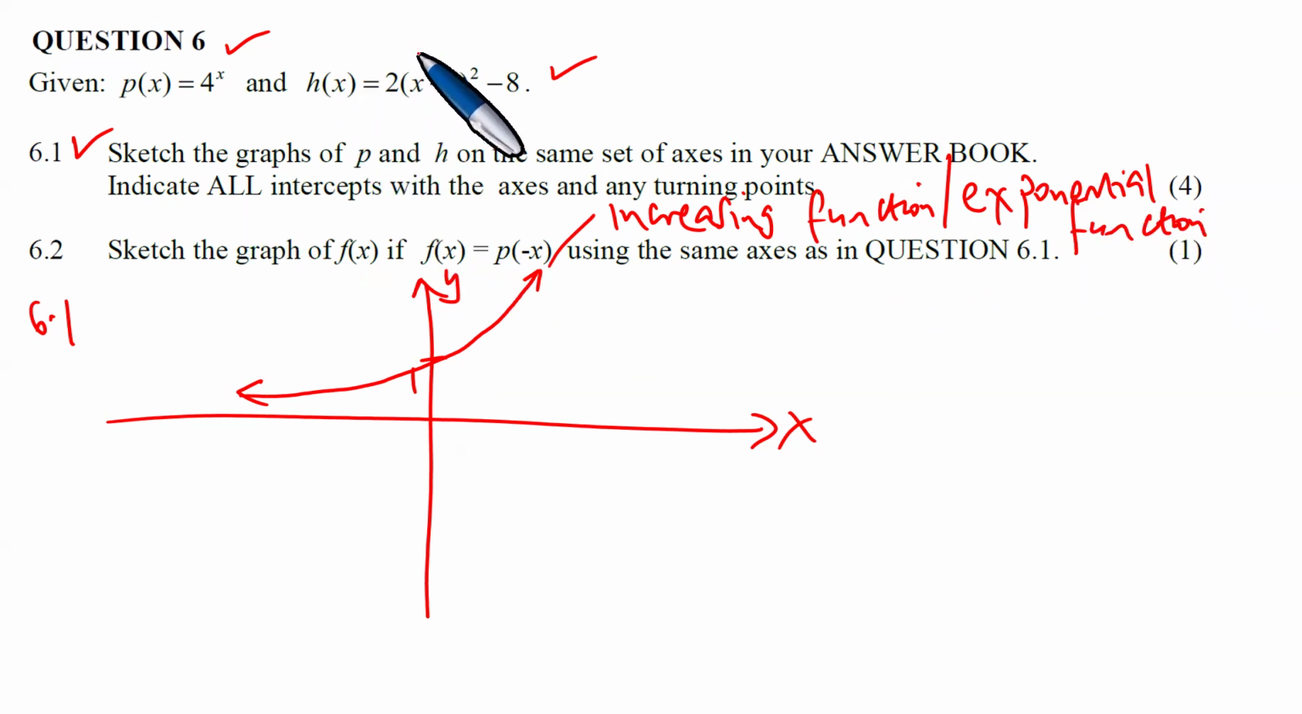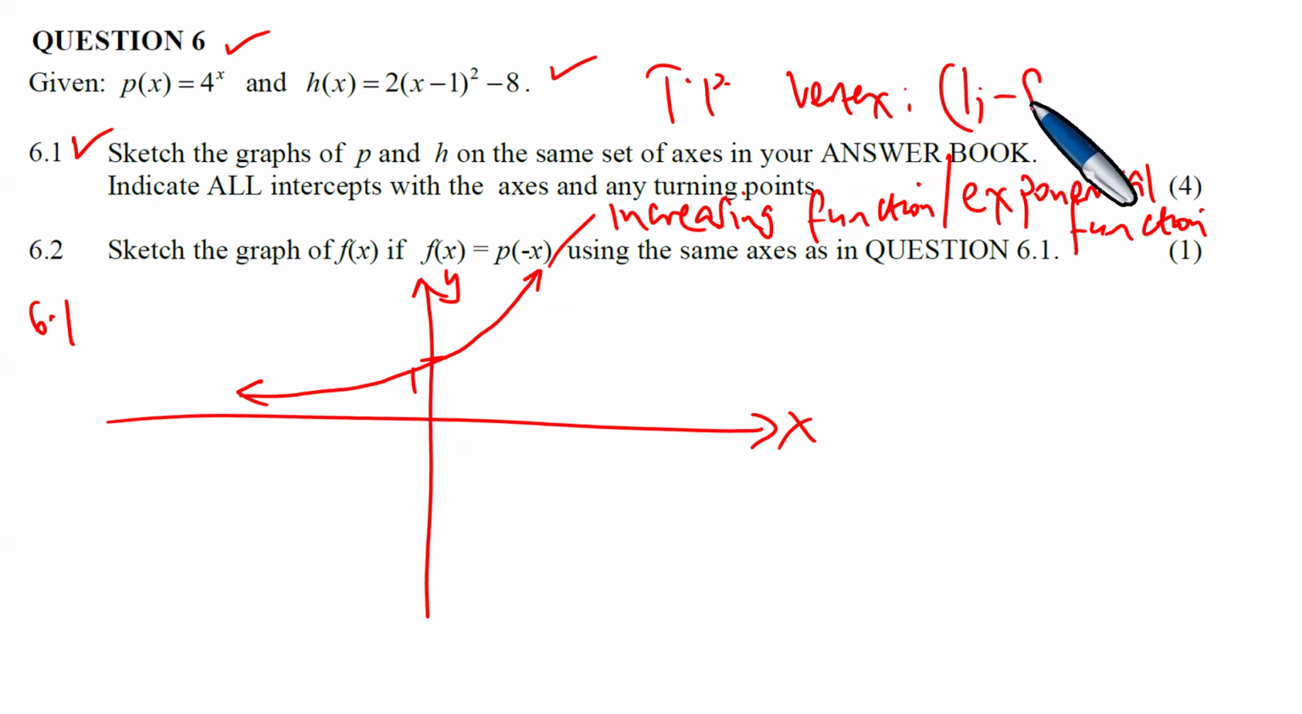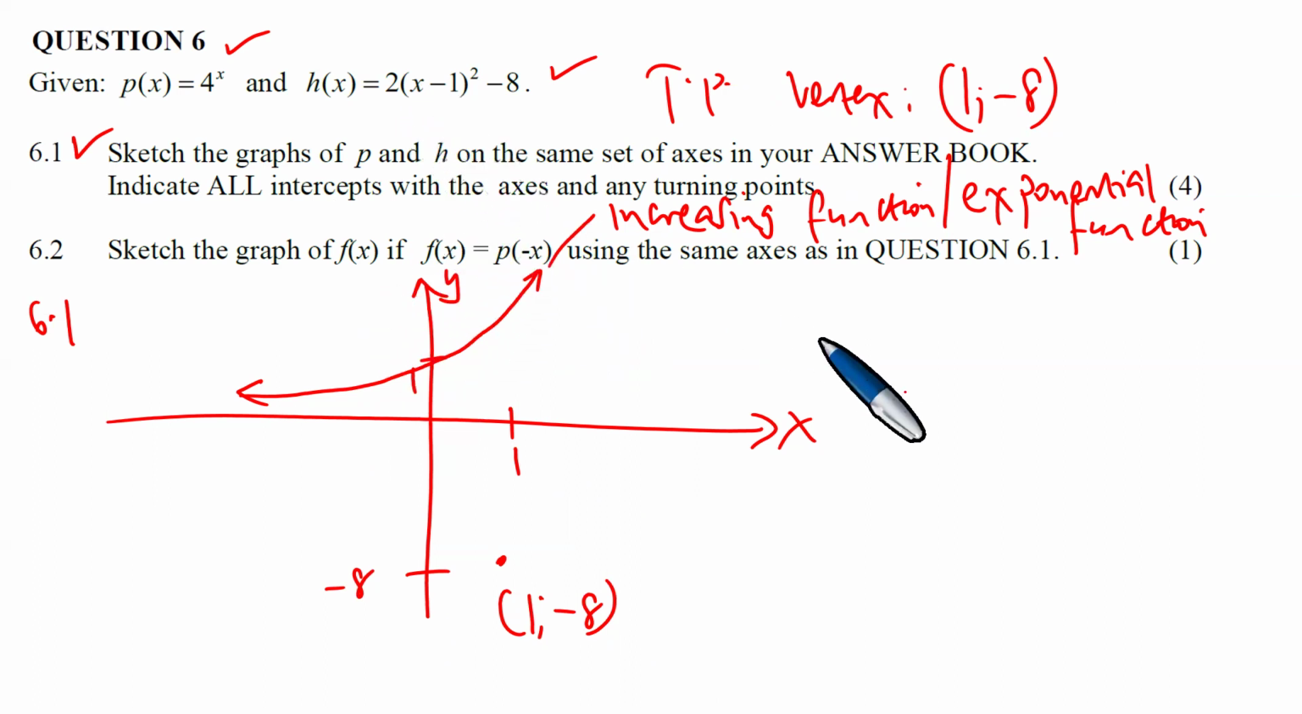Now this one, this quadratic, is very interesting to us, but it has a vertex, also called the turning point. The vertex of the graph occurs at 1 and minus 8, where x is 1 and y is minus 8. This graph here, we must know the y-intercept. The y-intercept is going to occur when